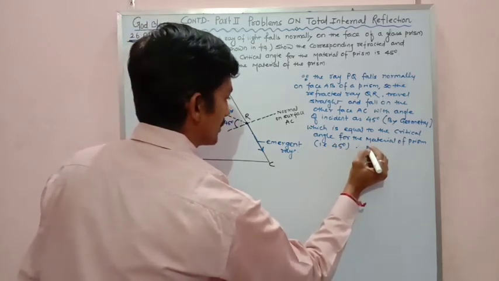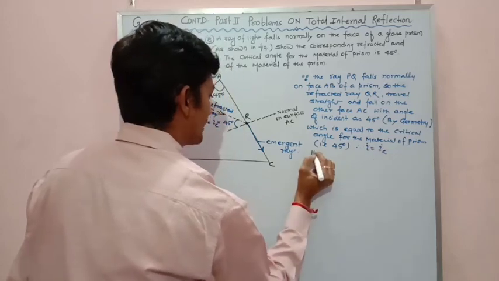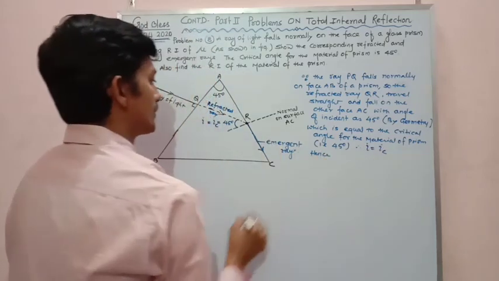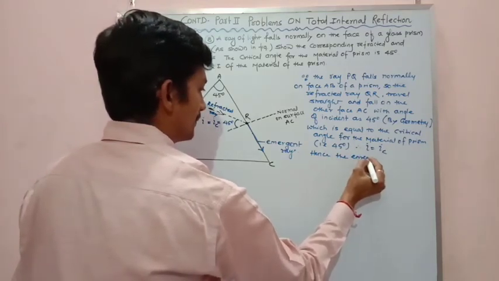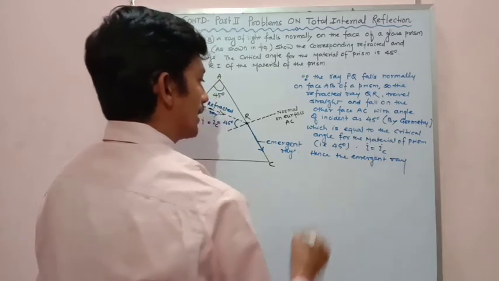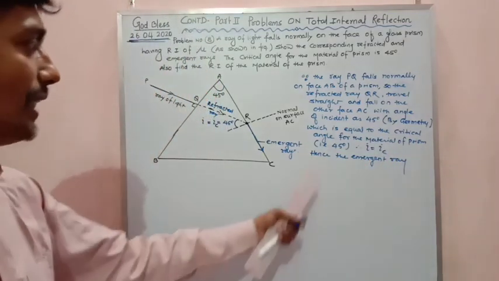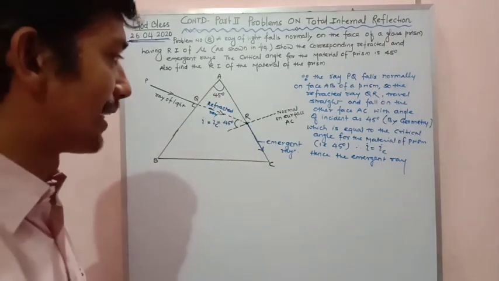Therefore I is equal to IC. Hence the emergent ray, you can see the emergent ray, my dear. Am I clear? Hence the emergent ray